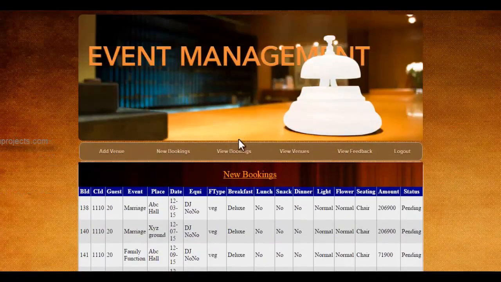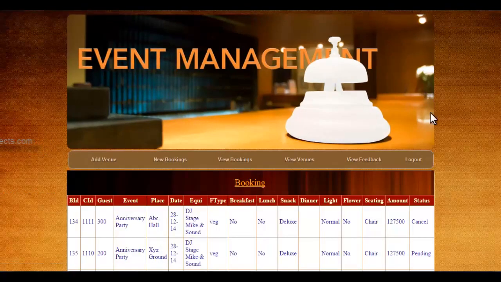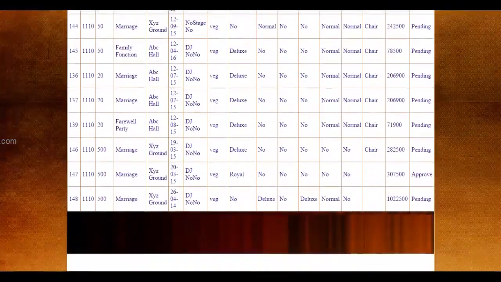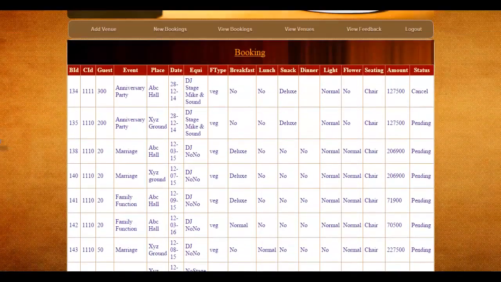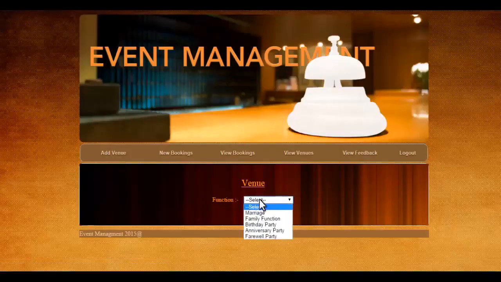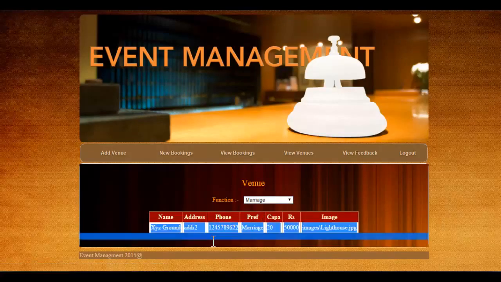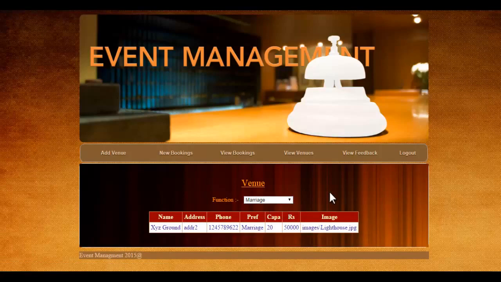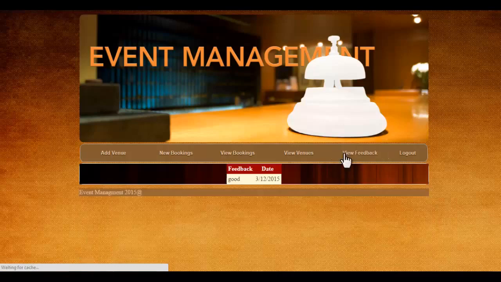Then let's see the view bookings. Here the admin will be shown all the bookings which are pending, approved, cancelled and all. So you can just view all the bookings. And there is a view venue page where, same as the user, he has to select the type of function. And you can just click on view feedback. If any customer gives feedback, it will be shown over here, like feedback was good and the date time of